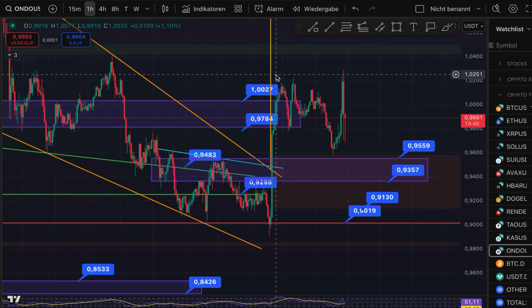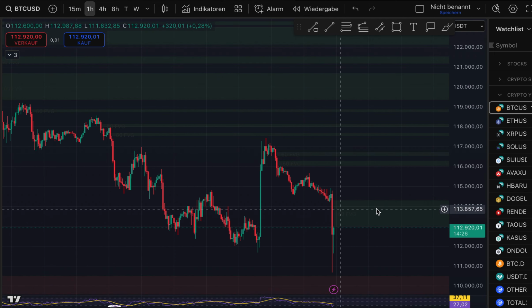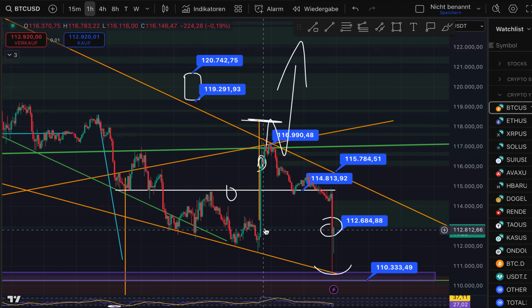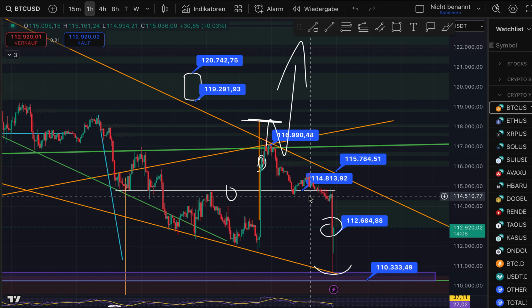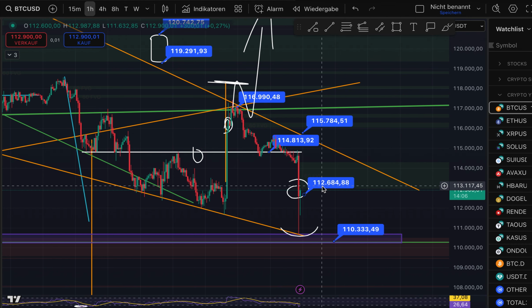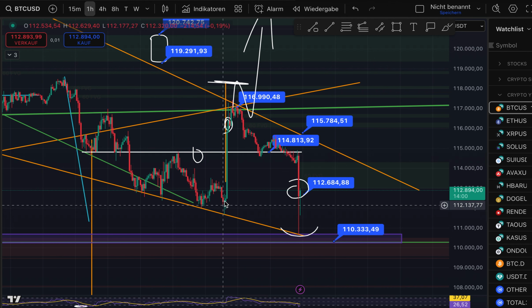And this is, in my opinion, always the worst thing we can do, to buy a coin which already pumped up by 10%, 15%. I'm not going to touch it, because if we look into Bitcoin, you can see that here was the extreme price movement where everyone was so bullish and everyone said, oh, we can go up more and more. I was saying, hey, 117,000, one daily close over it and we are bullish. Otherwise, we are going to sell off. What happened? 112,680 US dollars. This was the fair value gap, which we have developed since the massive push.